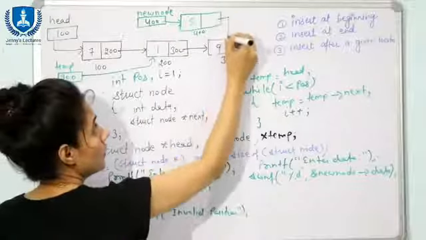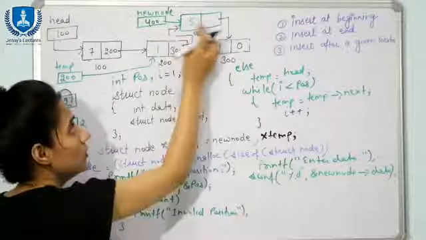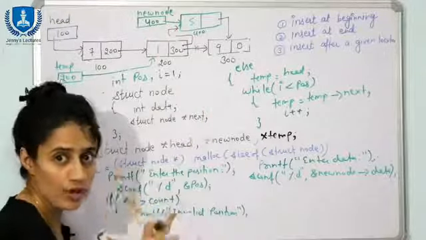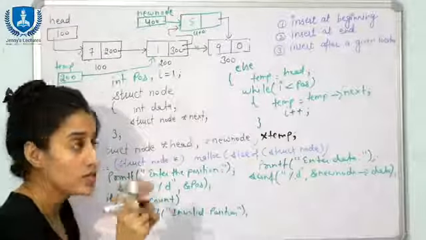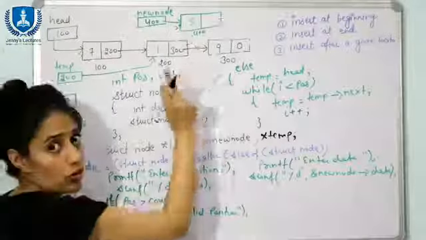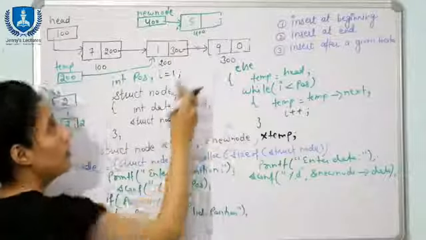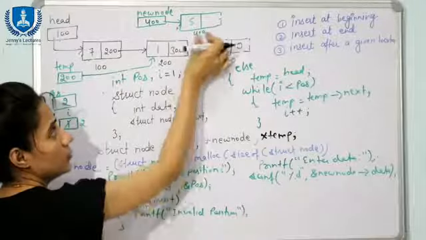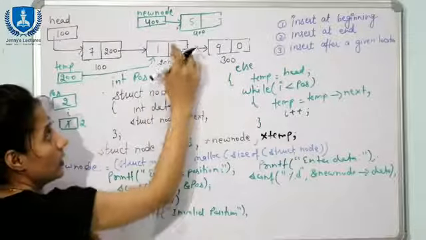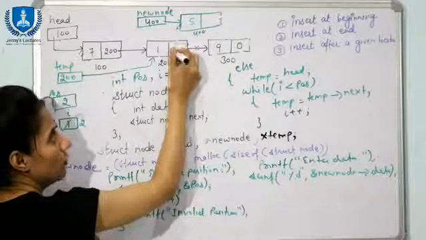One is this one and one is this one. Now how will you establish these links, and which link are you going to establish first? The rightmost link. Fine. Now suppose you establish this link first, then what is the problem? See, for establishing this left link, from this node to this node, you have to update this 400, the address of the next node is going to be stored in the previous node. So here, rather than this 300, you will update 400.